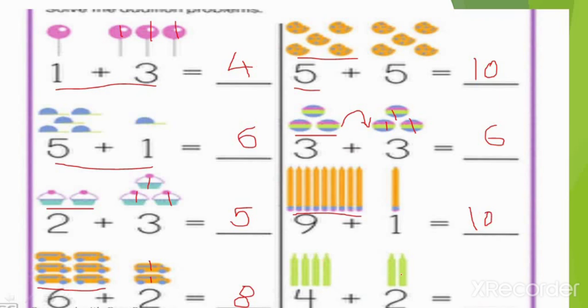4 plus 2. Look, my dear students, whenever you are going to start addition, you have to keep the first number in your mind, that you have 4. Number 4 or object 4. And you have to add the given numbers only. So, you have to start counting after the given number. It will be helpful to you and it will make your lesson easier. Okay, 4 after 5 and 6.